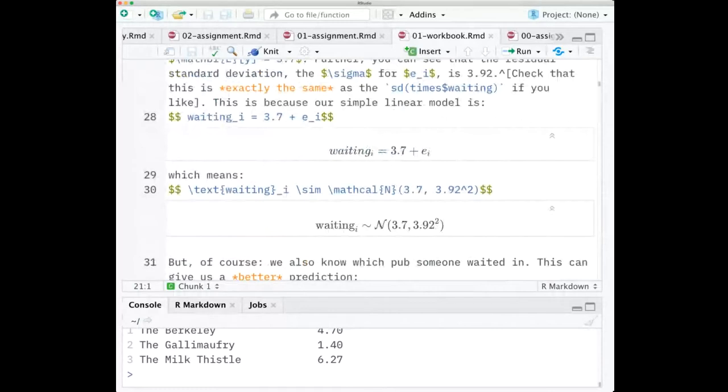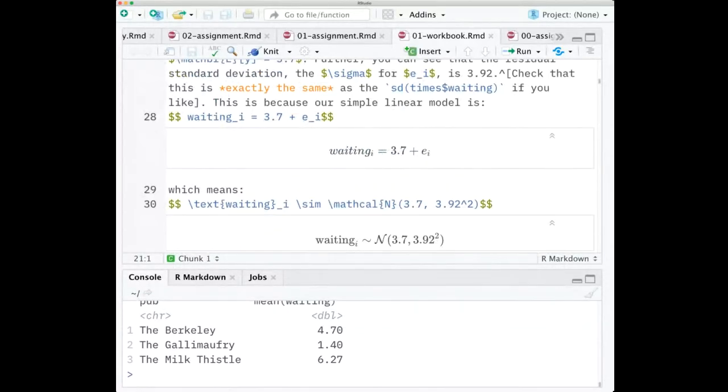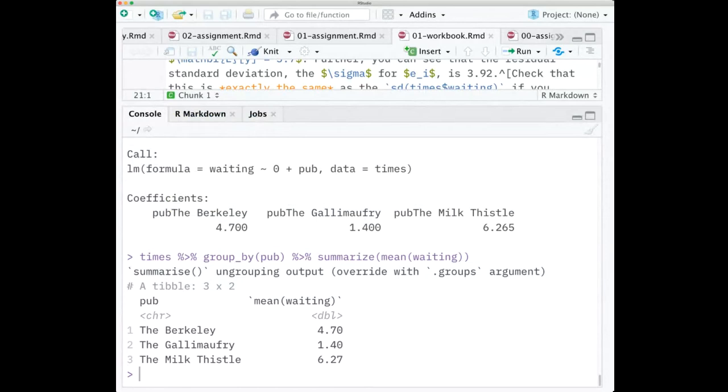So what I show in this workbook, and what we'll get to a little bit more in the lecture on Monday, is that if I have times equal to,